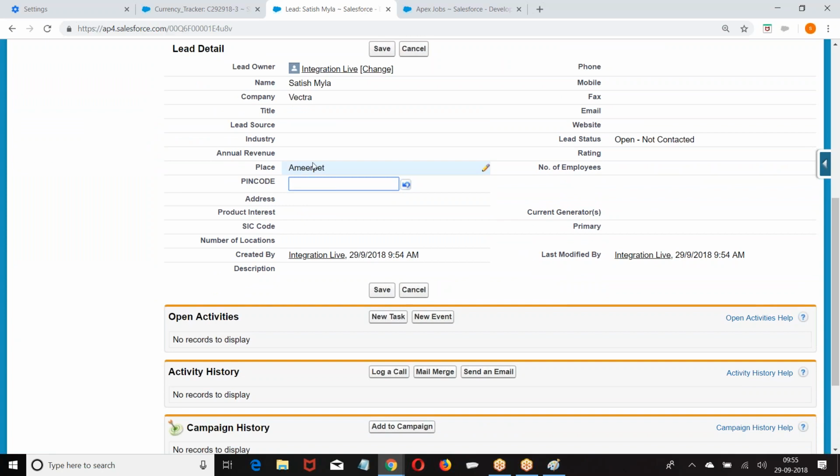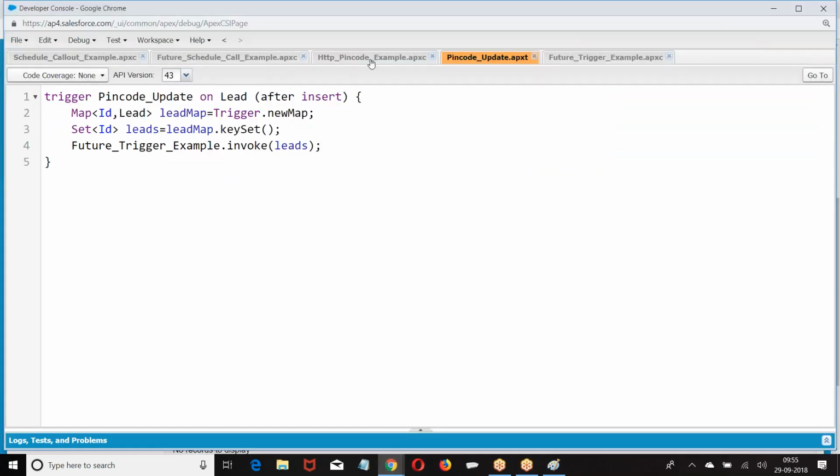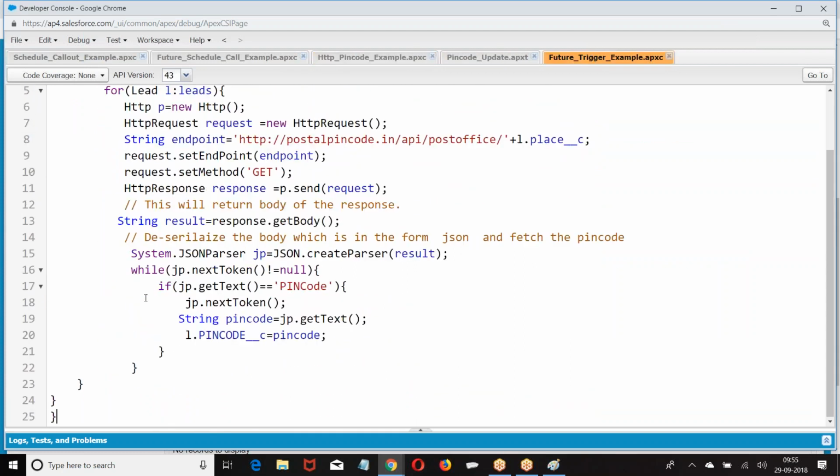I think no data is found. The future method was a success. There is some issue with the update. Where is my update? What was that? No update query I wrote.